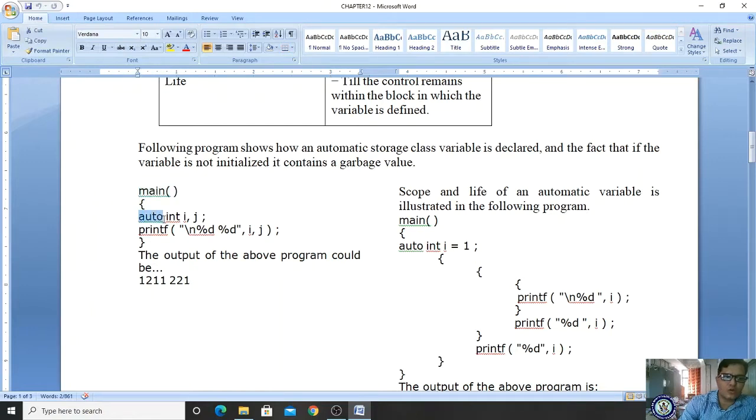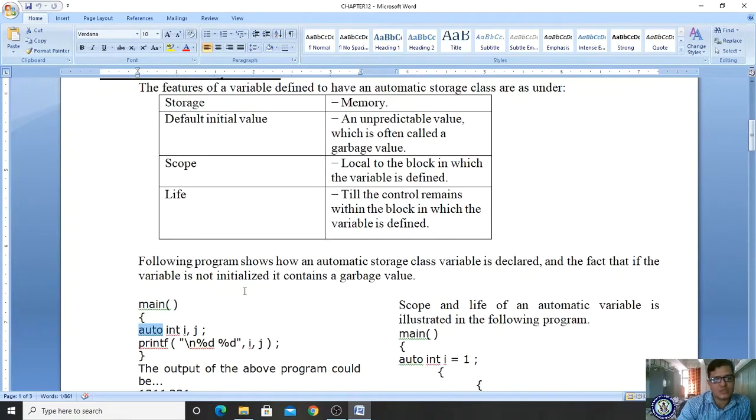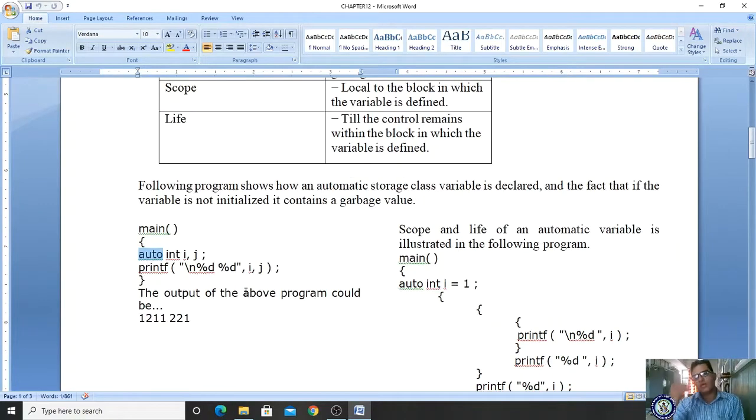Auto is a keyword that you can specify before int. Even if you provide auto or not, you are taking automatic variables, automatic storage class. Till now we have not used the keyword auto, so these are automatic storage class variables. Whatever we have done till now is automatic storage class.